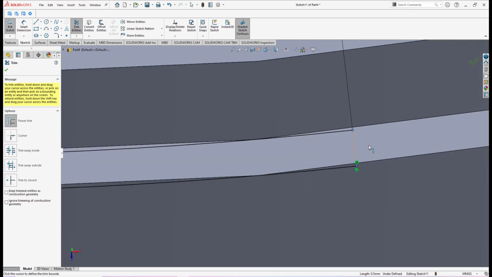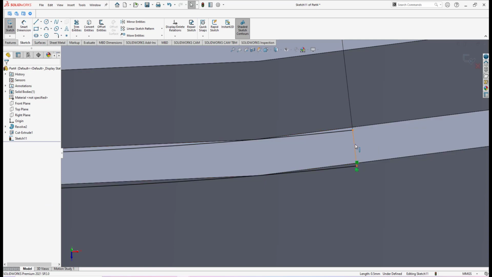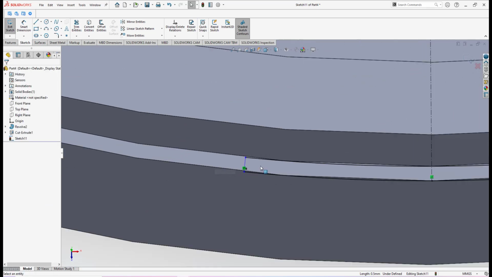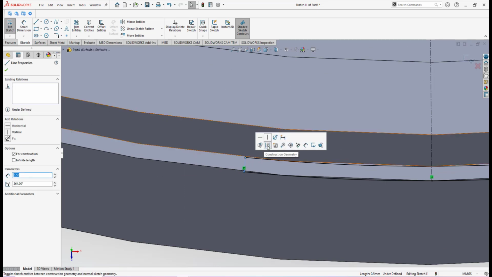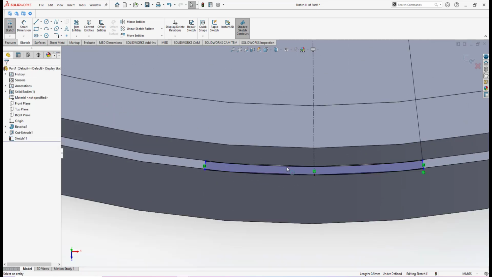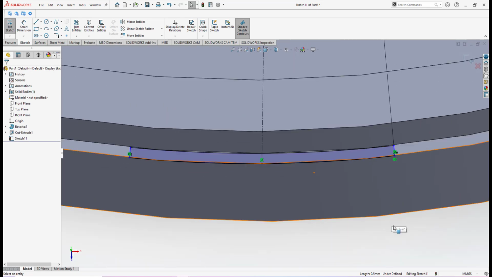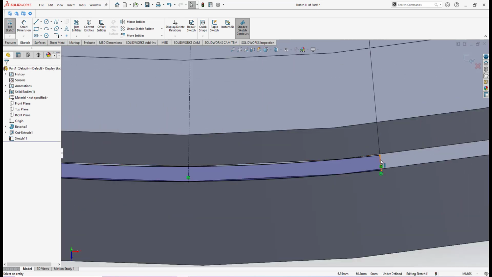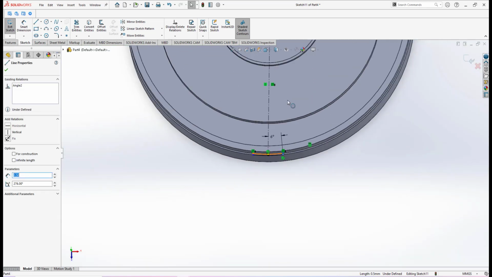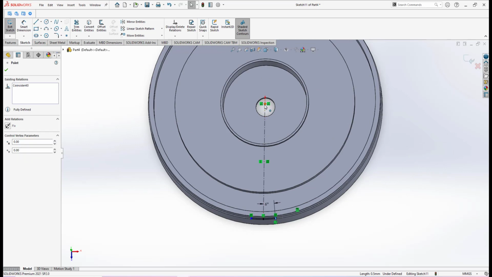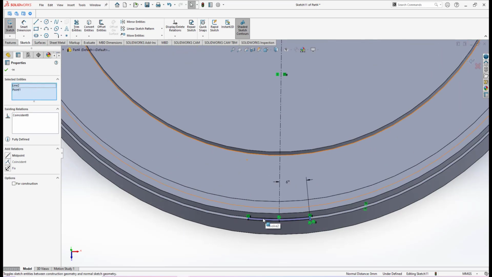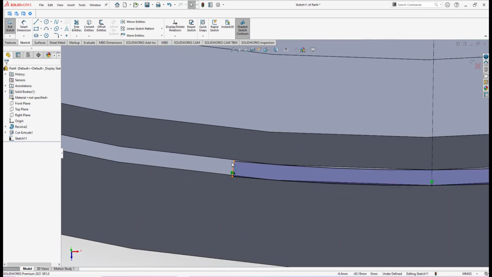Alright, this line I convert back to a solid line, and also this line I convert back to a solid line. So we have a shaded region for us to do the cutout. But we have lost the relation here. I must make sure that I set the relation again. This line and the center point here are coincident. We need to make it fully defined, and this line